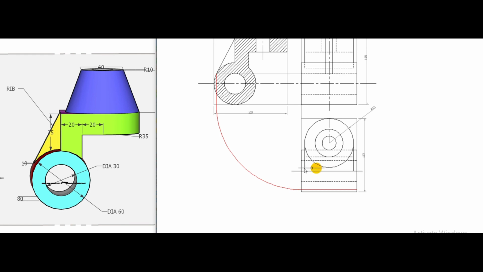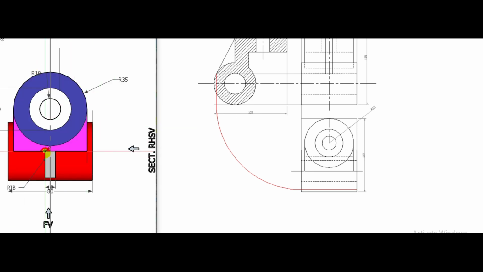Now to show the rib in top view, this is the rib portion which we have to show in top view. So it will start from this point. So take the projections from this and draw line from this to this.